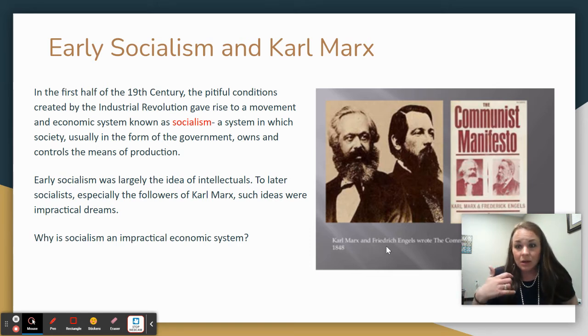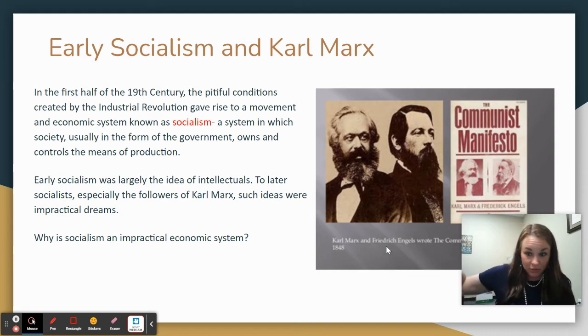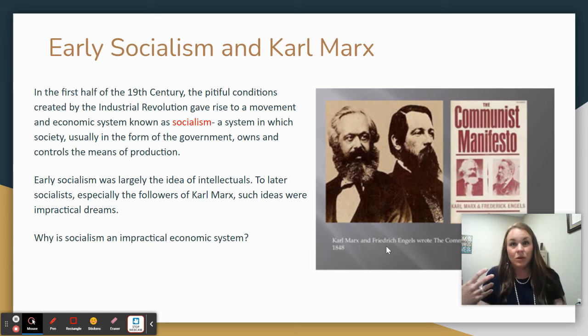It's really not, and history has shown us this time and time again, a sustainable governmental model. You just have too many variables in there. Everybody working for the greater good just goes against human nature. And I hope that you've seen that time and time again in my class. Human beings aren't capable of being that selfless day in and day out. At the end of the day, we are going to watch out for number one and protect our families. And yes, we don't want anything overall bad to happen to the collective group, but